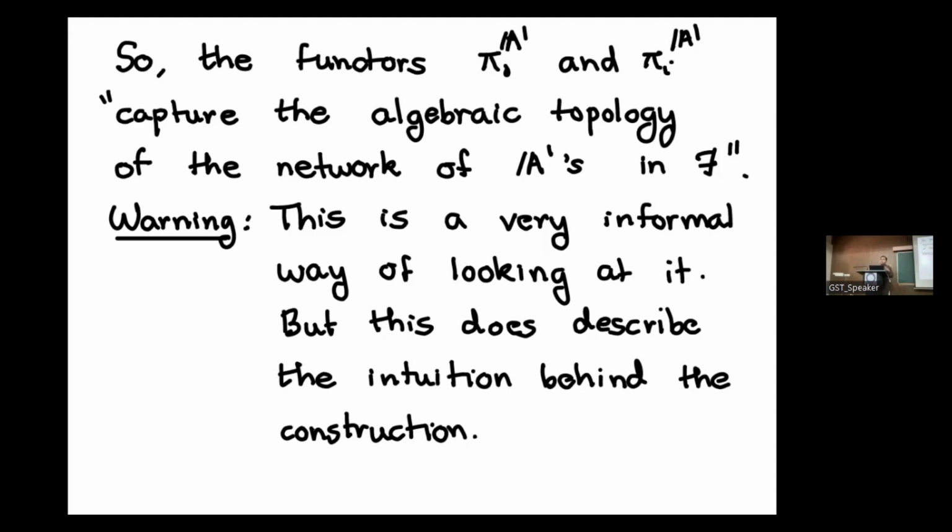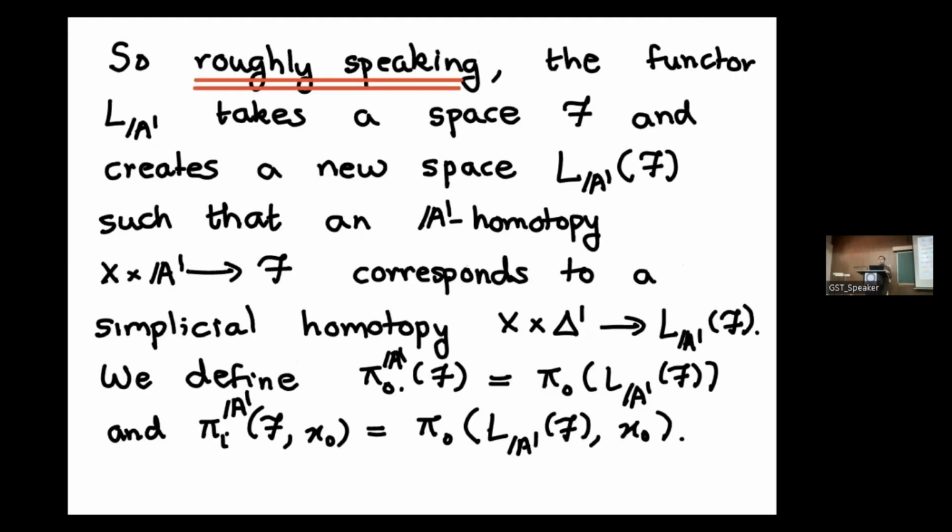This is what I mean by a network of A1s in F: all the A1 homotopies and all the maps from A1 parameterized by various spaces inside F. What we do here is, wherever we have an A1 homotopy, we replace it by a simplicial homotopy. You can visualize it like this: inside X there is an A1 running, and we create a geometric object which takes that away and puts a delta 1 in its place. When all this transformation is done, you have a very big simplicial set,